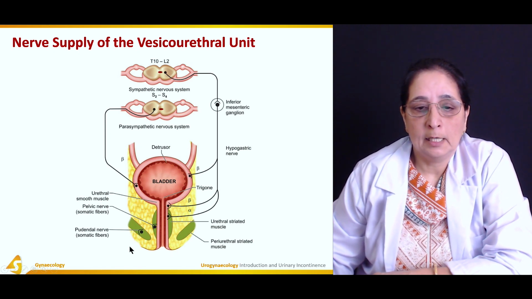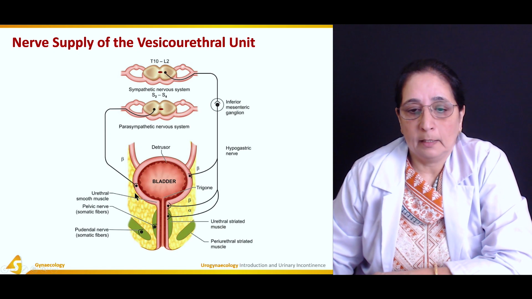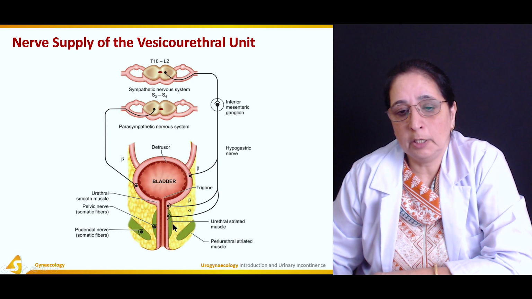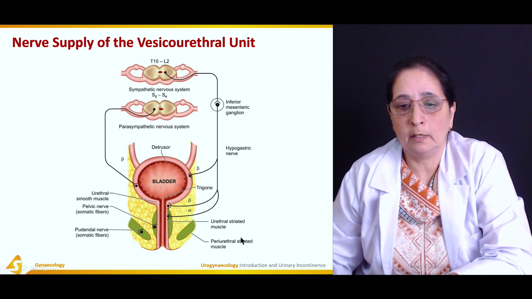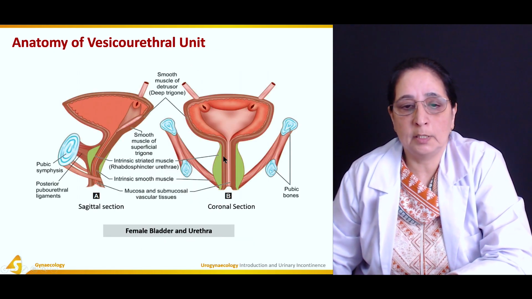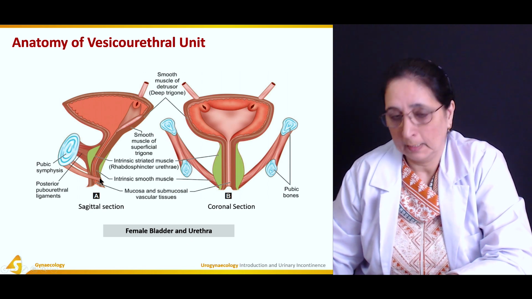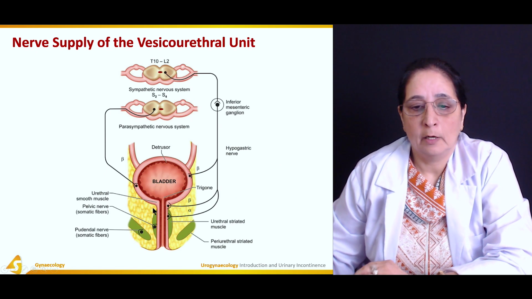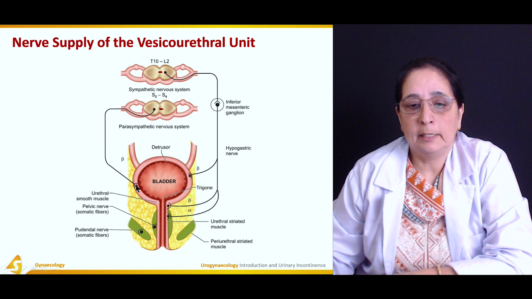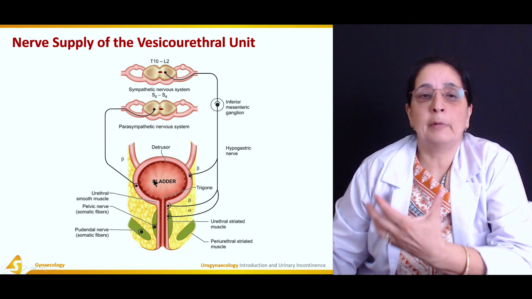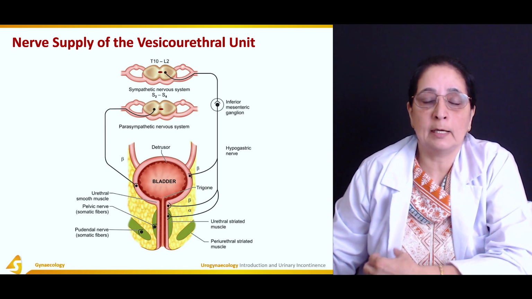Then there are these muscles that surround the urethra. We already saw these, these are the striated muscles. If you see here, these are the intrinsic smooth muscles and this is the striated muscle. From these muscles and from the detrusor muscle, once the bladder is filled with urine,